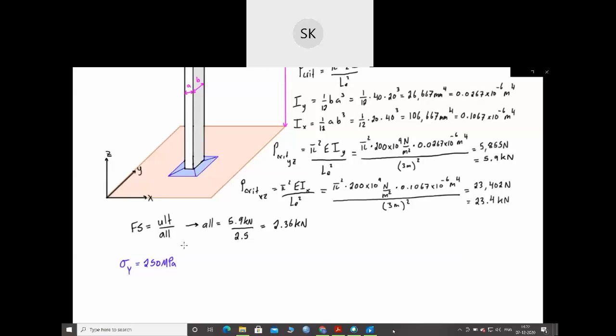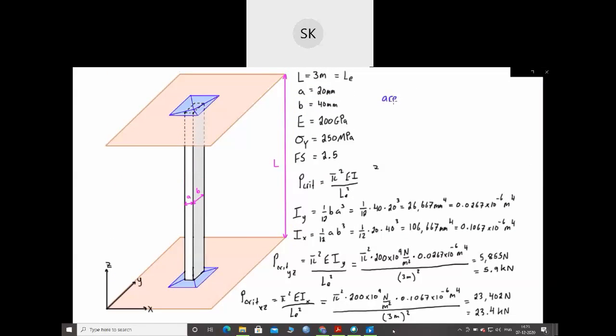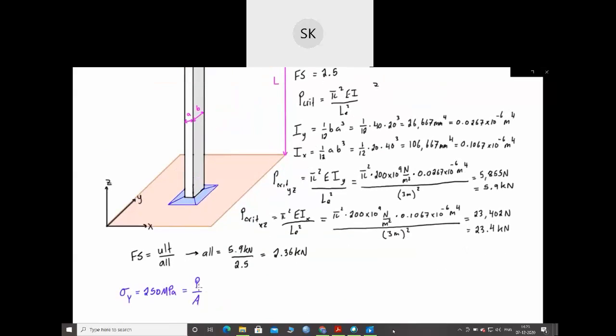250 MPa. Now, we know that stress is equal to force over area, so this is equal to the applied load over the area. Our cross-sectional area is base times height, so 20 millimeters times 40 millimeters, that is 800 millimeters squared. So we'll bring that down, and we'll be calculating our yield load here, the load that will cause yielding. So just multiply the area by that yield stress, and we get this expression where the yielding load, or the ultimate load basically, is going to be equal to 250 MPa times